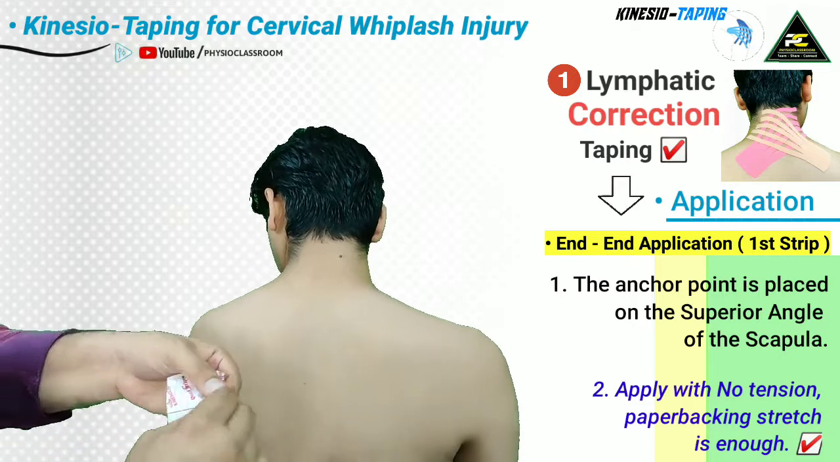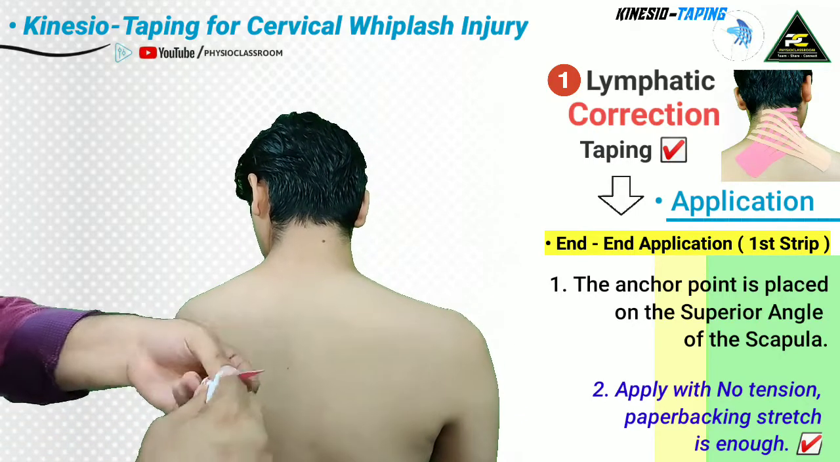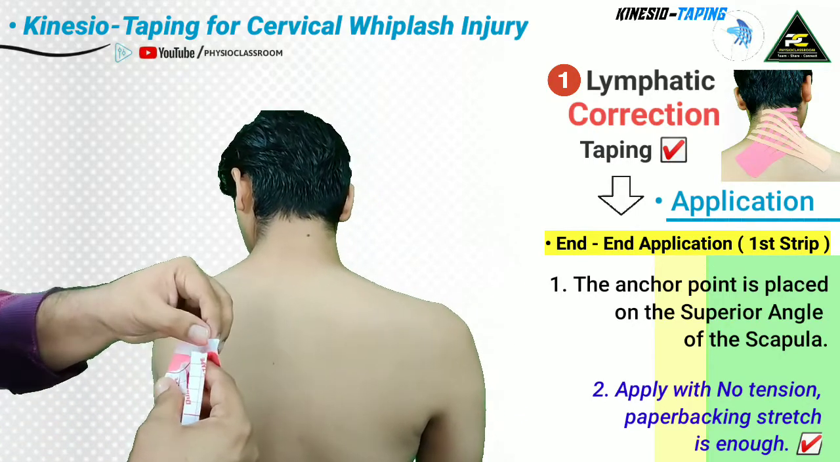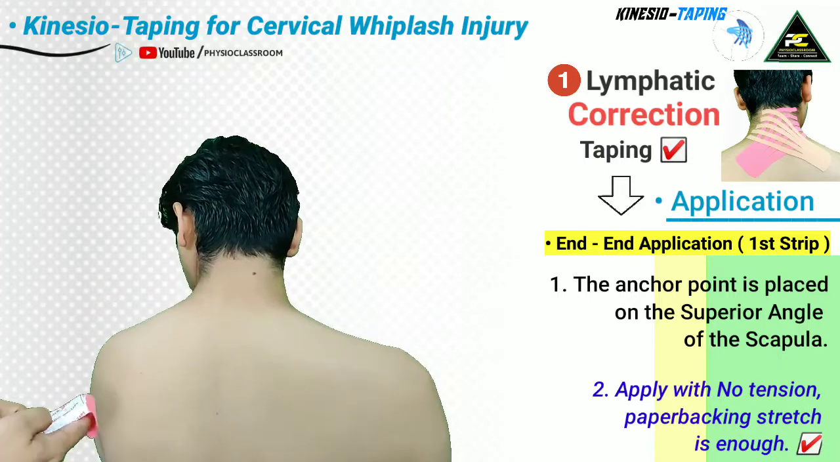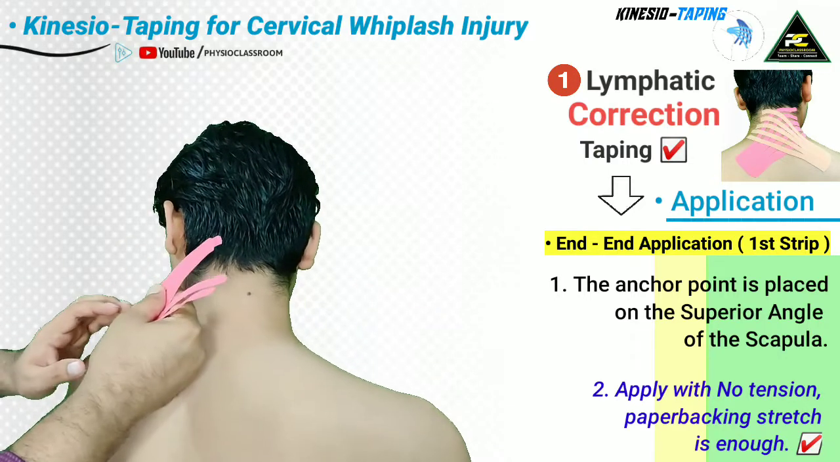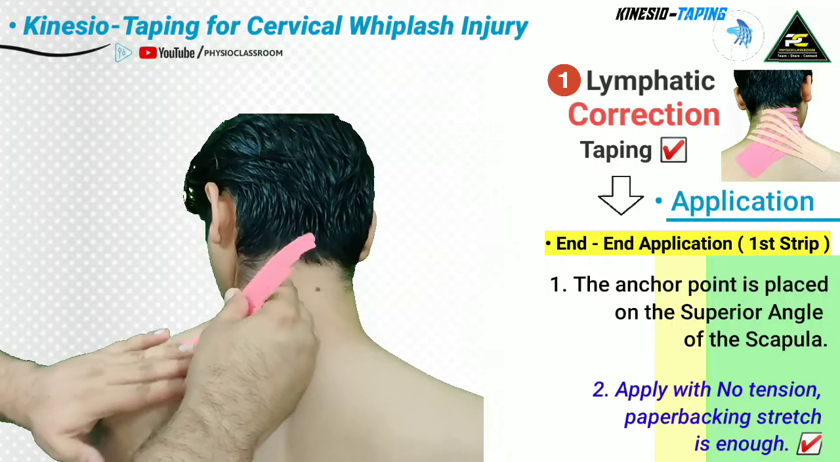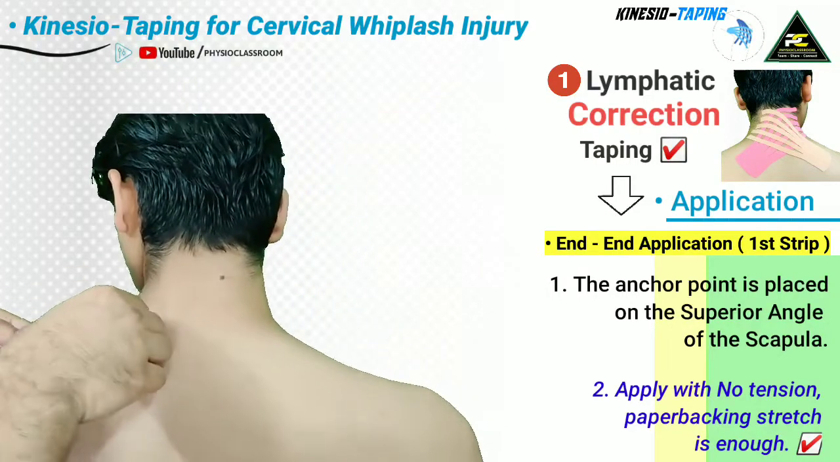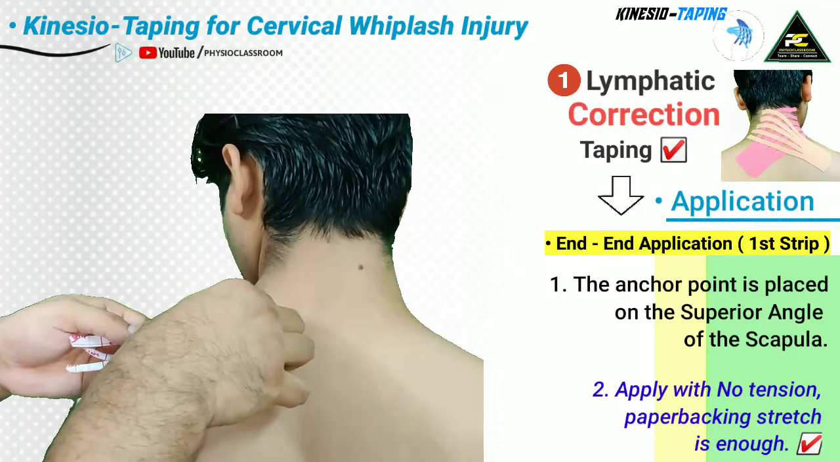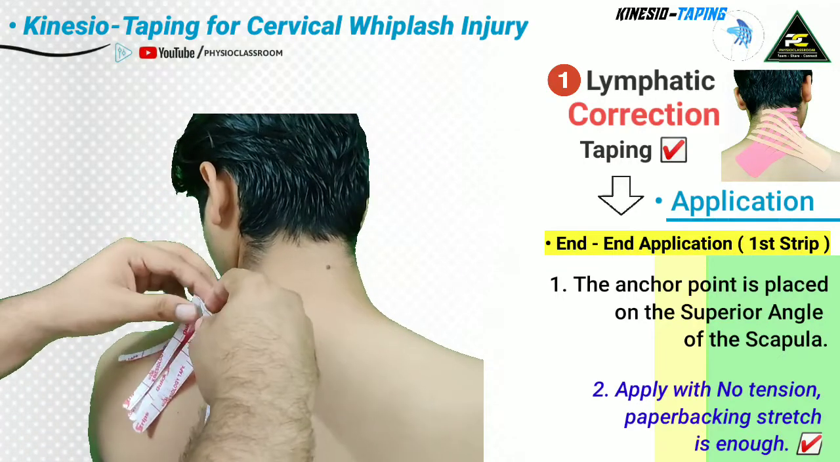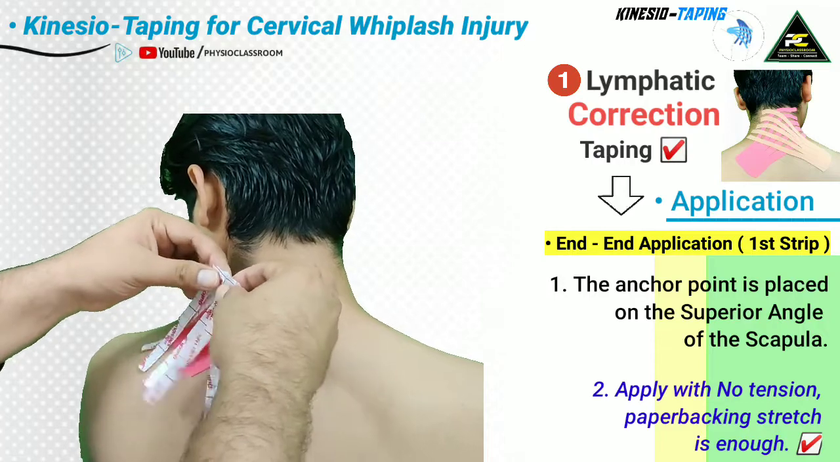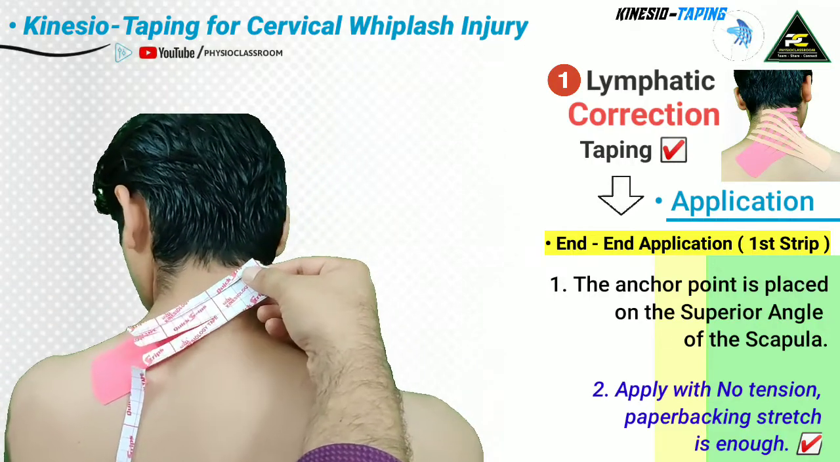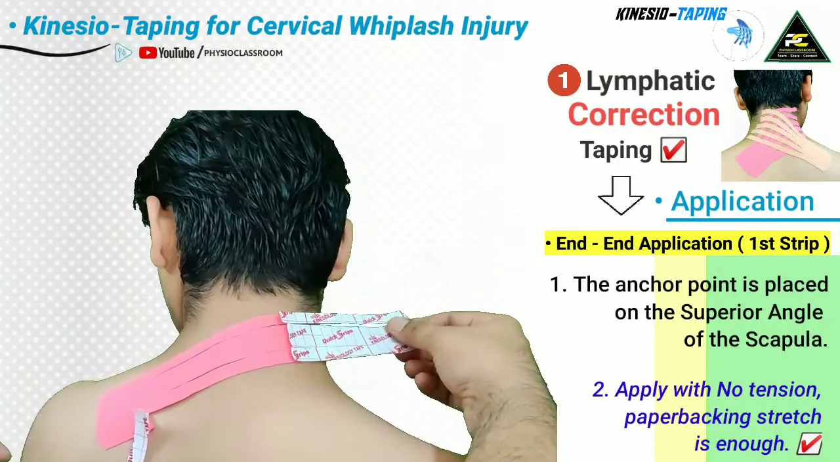So tear the anchor of the tape, remove the paper backing, and then apply it over the superior angle of the scapula. Rub the anchor and then remove the paper backing like this, and then just take it over the opposite side,